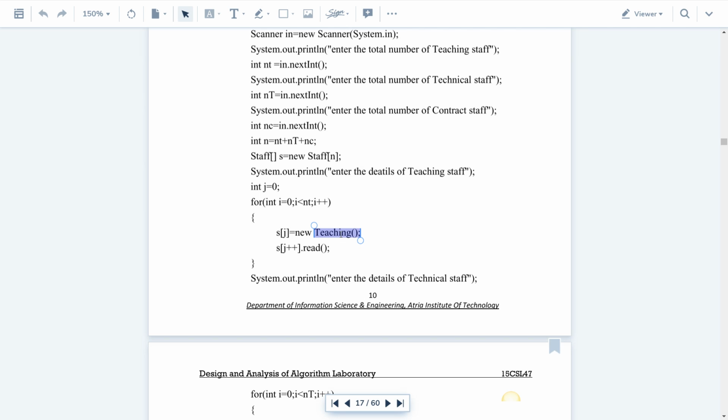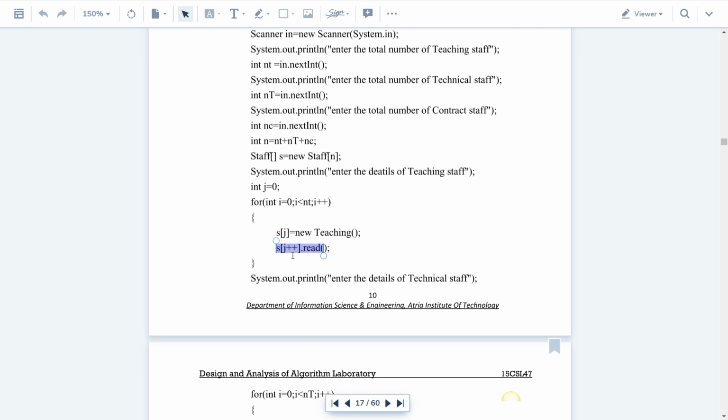Teaching class extends Staff class, so that s of j object has all the variables and methods of the Staff class as well as the Teaching class. Then s of j plus plus dot read.